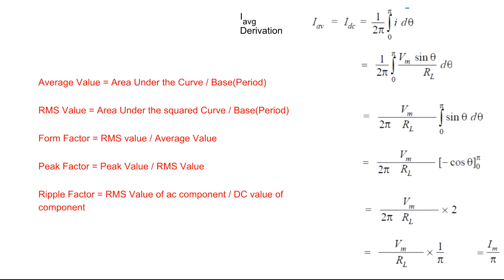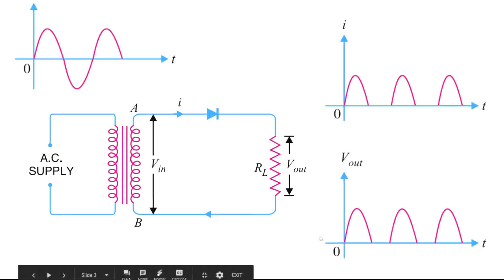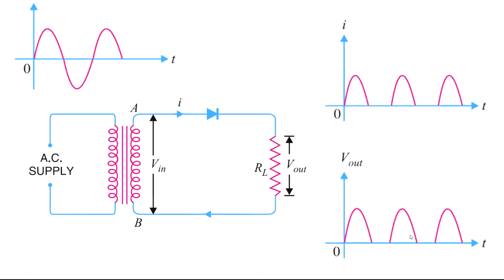See, now we are going to find the average value of the output DC. Actually, the output DC we have to call the pulsated DC. We have to say this waveform is called the after rectified waveform or pulsated DC waveform. Right? Okay, so these are the instantaneous values. So what is the average value? If we say the DC output, what is the DC value? The IDC value, whether here or here, we have to see it. So to find that out, the average value will be